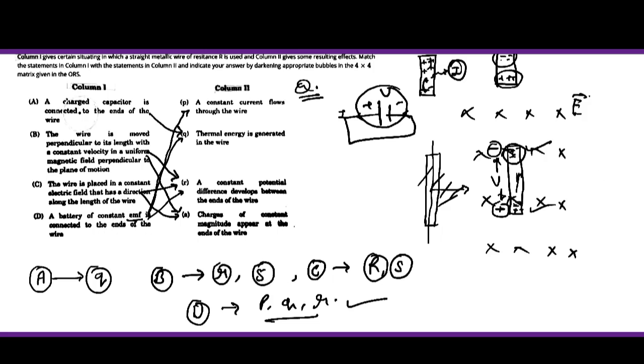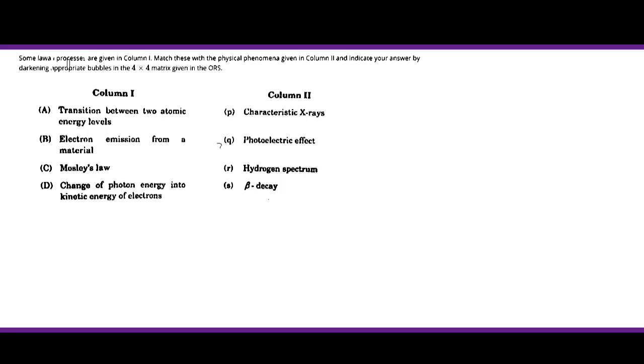हमें मैच करना था, तो यहाँ पर मल्टीपल मैचेस थे जो इस तरह थे, ठीक है। सो इस क्वेश्चन में हम देख सकते हैं कॉलम फर्स्ट है और कॉलम सेकंड है। कॉलम फर्स्ट में कुछ प्रोसेस दिए गए हैं और कॉलम सेकंड में कुछ फिजिकल फिनोमिना दिए गए हैं। दोनों को हमको मैच करना है, कौन सा प्रोसेस किस फिजिकल फिनोमिना को बिलोंग करता है, ठीक है। तो 4x4 का यहाँ पर कॉलम है, यहाँ पर 4 प्रोसेस हैं और यहाँ पर 4 फिजिकल फिनोमिना हैं। तो यहाँ पर मल्टीपल मैच भी पॉसिबल है कि मल्टीपल मैच भी हो सकते हैं।